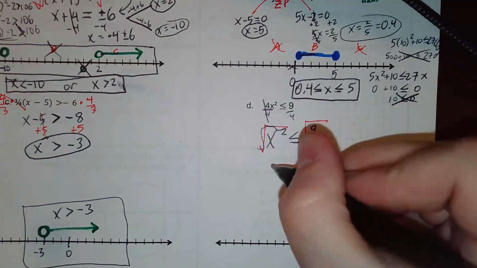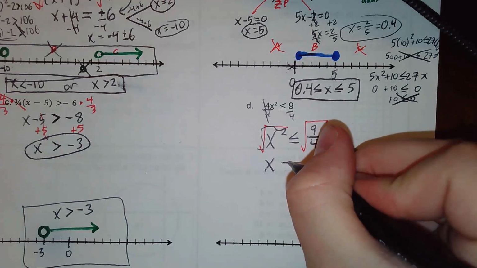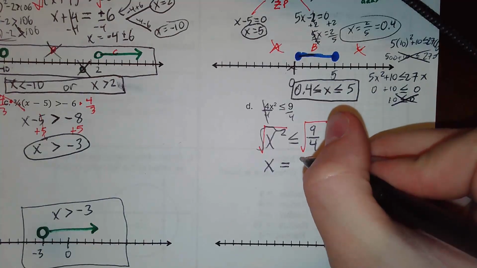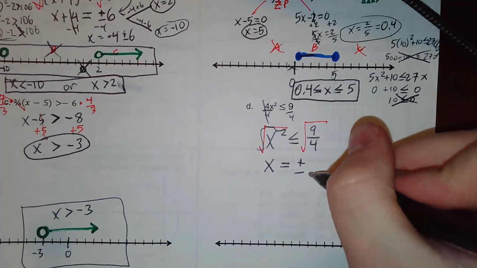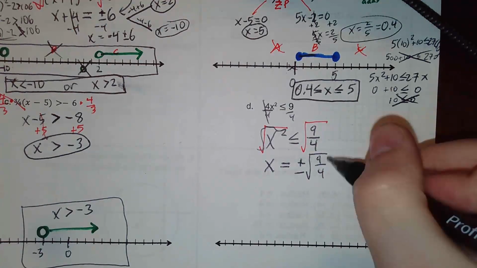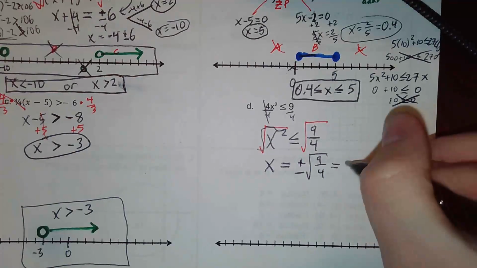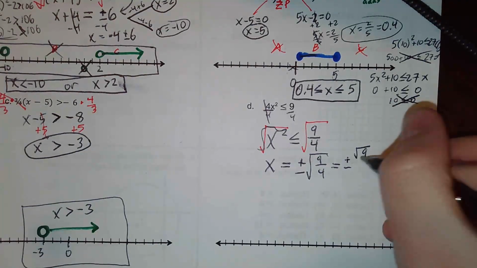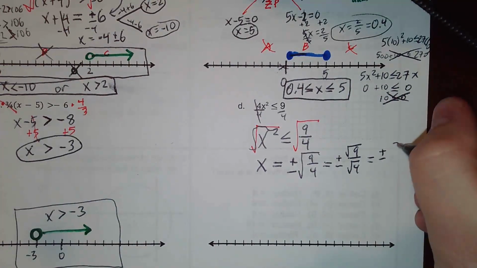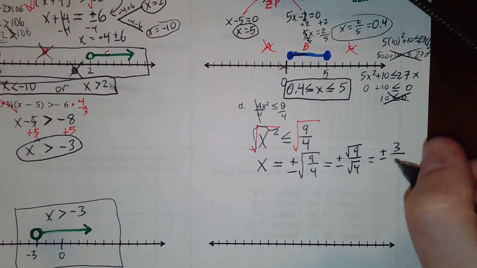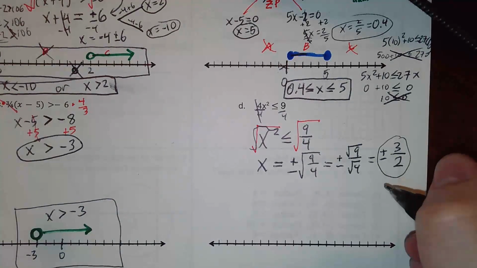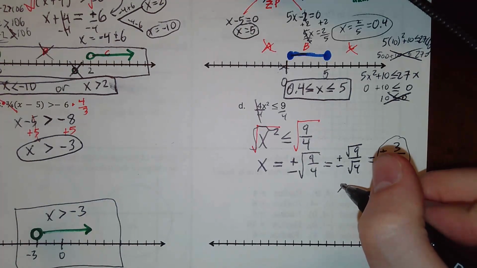That cancels out the square. That'll give us x. At this point, I'm just going to solve for my boundary points. It's going to be plus or minus the square root of 9 over 4. Well, check this out. You could simplify this to plus or minus the square root of 9 over the square root of 4. But what's the square root of 9? 3. And what's the square root of 4? 2. So we get our two boundary points at positive 3/2